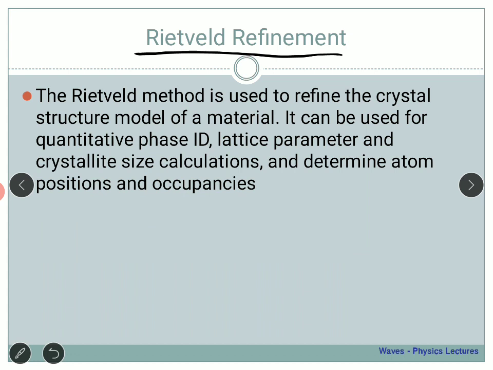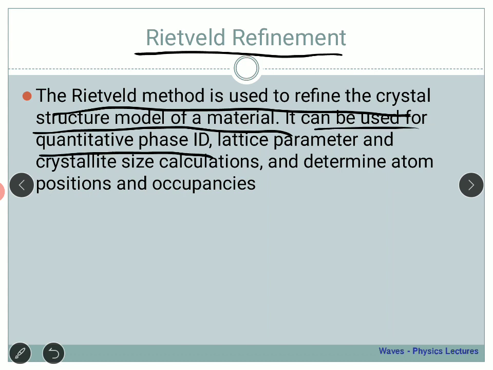Now there are some theoretical parameters, or you can say parameters within the system, that govern the peak position of the XRD data. Okay, now that can be also done theoretically, and we can actually match it with the experimental data and determine some of the parameters which otherwise cannot be directly determined. Okay, so basically the Rietveld refinement method is used to refine the crystal structure model of a material. Now it can be used for quantitative phase identification. Okay, so you can use a theoretical base to identify the phase. You can identify the lattice parameter and compare it with your experimental result, and then see if the material that you say and what the theory says are the same or not.